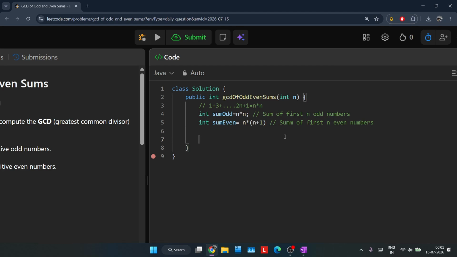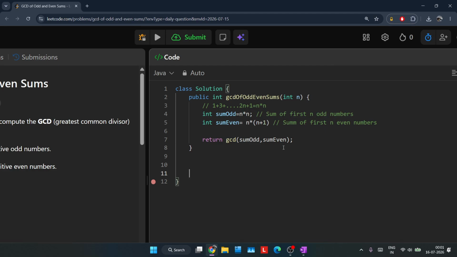Now I want to return the GCD of both of these, sumOdd comma sumEven, right? So I want to return this particular GCD. Now let me create a function to do this part for me. Private int GCD, then int a comma int b,